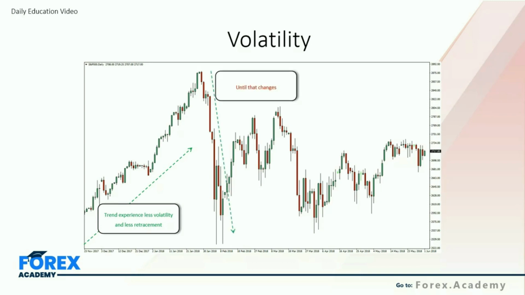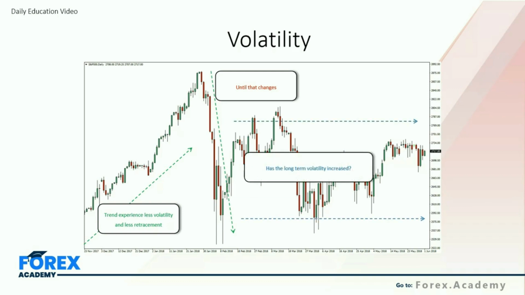That changes, and then we see a very structured move to the downside. Because of this huge amount of volatility, this was a market correction there of February 2018. We can see now that there's a heightened level of volatility in this particular equity asset, and that is going to change the landscape of trading this over the next, I suppose, 3 to 4 months until that volatility starts to decrease.